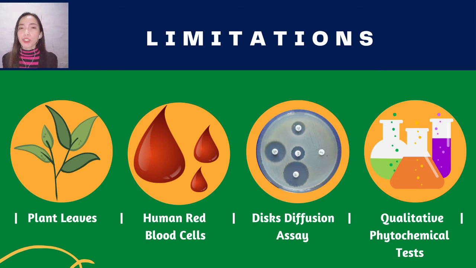The disc diffusion method will be performed for antimicrobial assay, since it is inexpensive and has the ability to test enormous numbers of microorganisms. For the phytochemical test, it will be done qualitatively, and since this method is expensive, the test will be limited to detect only the alkaloids, anthraquinones, flavonoids, saponins, tannins, and furthermore, other possible therapeutic effects of the plant will not be studied.